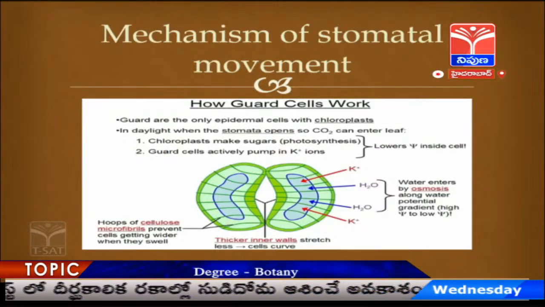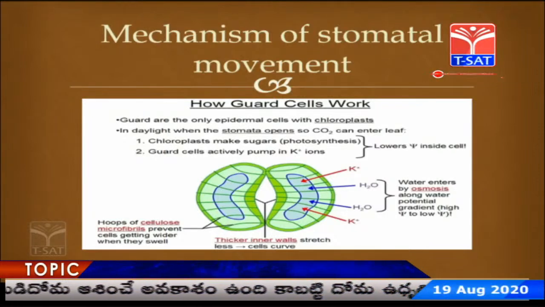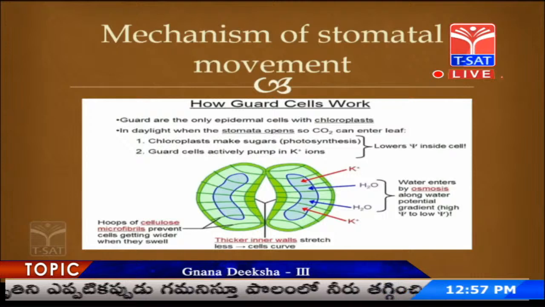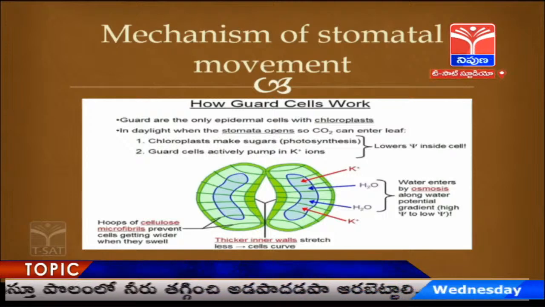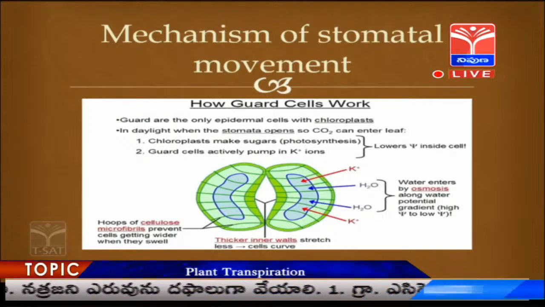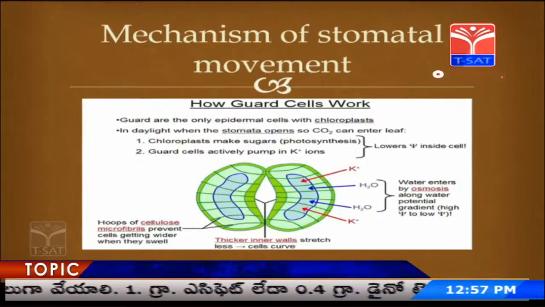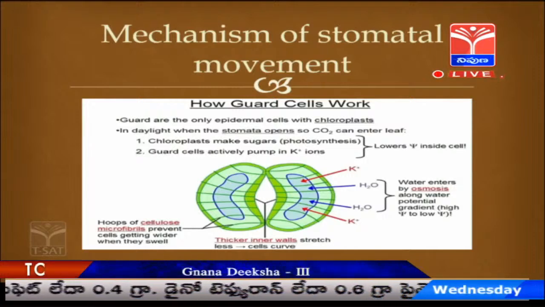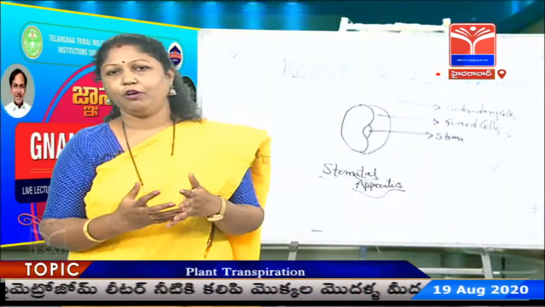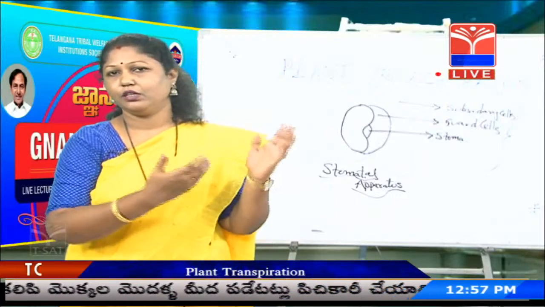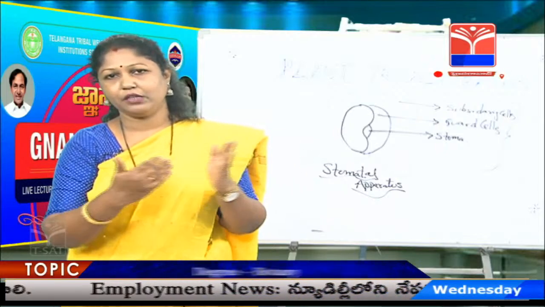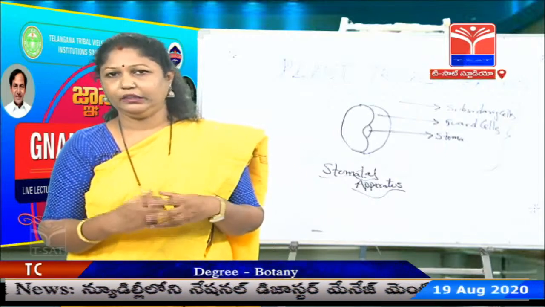So, the guard cells are the ones which open and close, and when they open the stoma is seen, and when they close the stoma does not appear. The movement is correlated with photosynthesis. During photosynthesis, as I told you, guard cells have chloroplasts in them, so they can photosynthesize. When sugars are produced, the osmotic potential changes. A more negative osmotic potential leads to endosmosis, where water enters from the external medium, that is the surrounding subsidiary or epidermal cells, into the guard cell, making it turgid.